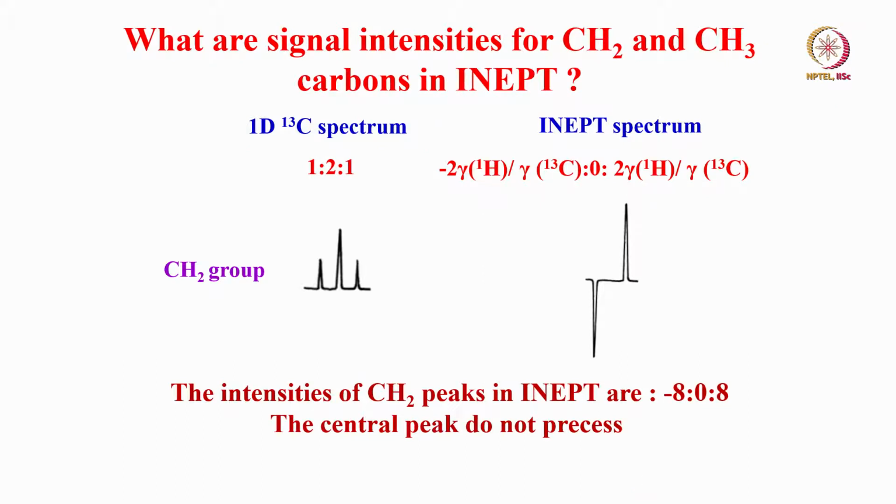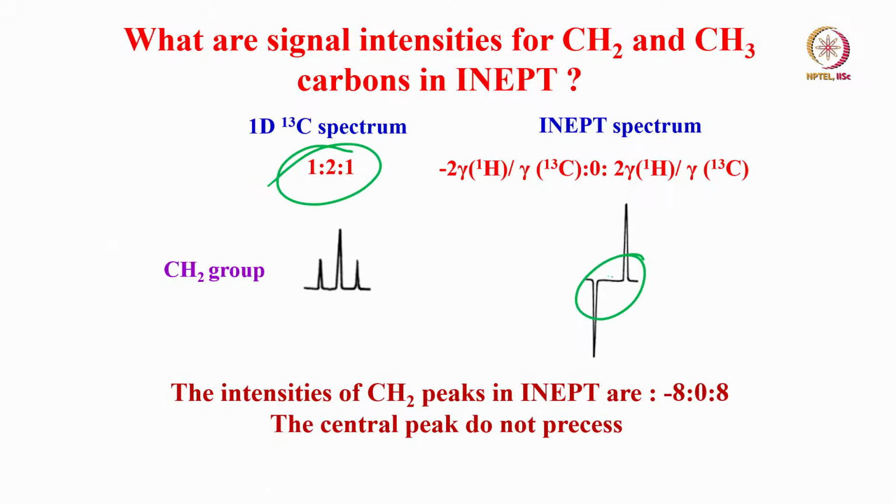Okay, and finally what I am going to show is how much signal intensity we are going to gain for different carbons, especially when we are looking at carbon 13. Carbon 13, especially CH3, CH2, CH and CO carbons. How does INEPT help? Of course, for CO carbon there is no proton, we will not worry about it at the moment. We will see only CH3, CH2 and CH carbons, how the intensity will change. CH3 is a quartet, CH2 is a triplet, and in the case of the other one, CH, it is a doublet with antiphase character.